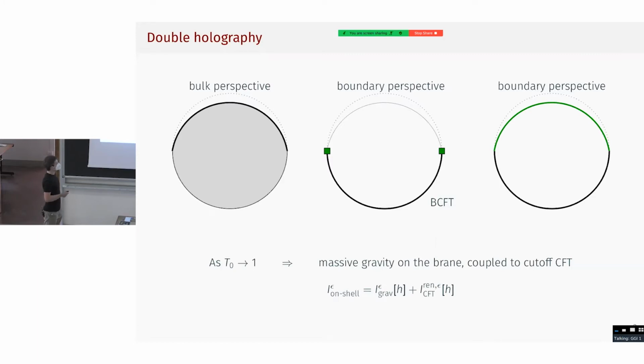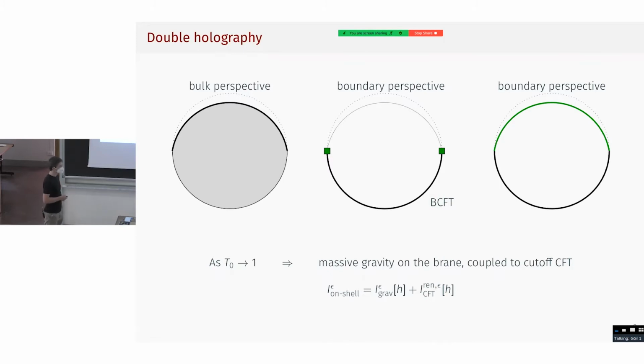And so that suggests a third effective description where, instead of integrating out all the gravitational system here, we integrate out the region between the brane and the boundary, and we pretend we can do holography on the brane. It turns out that two things happen in this limit. One is there's a new mode of the graviton, at least in higher dimensions here in the bulk, which localizes to this brane, and its dynamics,